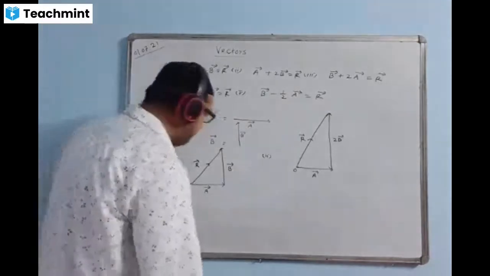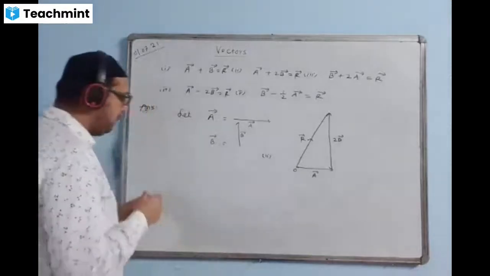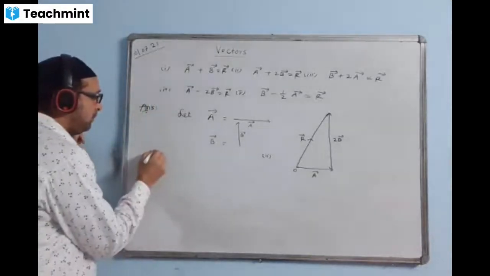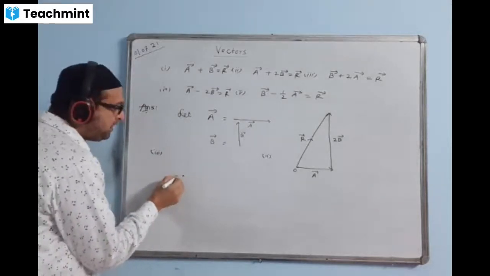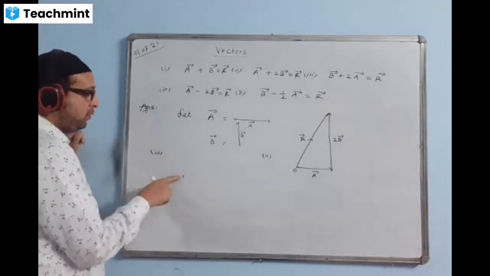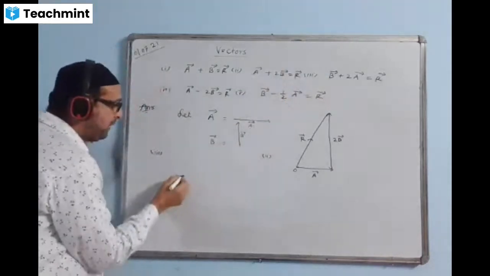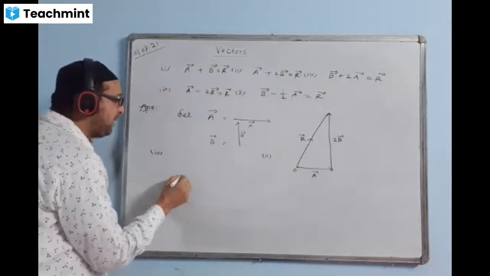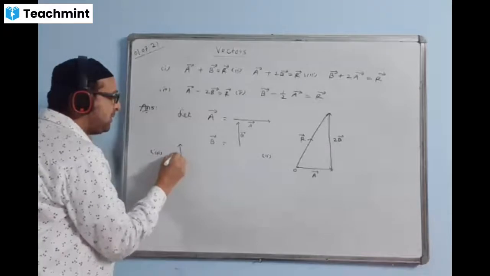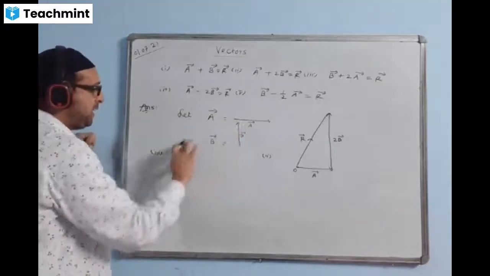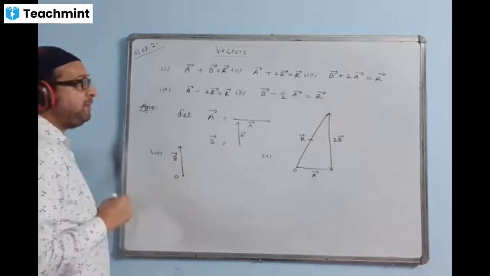B plus 2A, now, third case. The origin, I write origin O. First you see B. So plus B, that means the direction of B will not change. It will come like this. B is coming like this. First let's show B. The size is the same as this size, 2 centimeters. This is plus B.